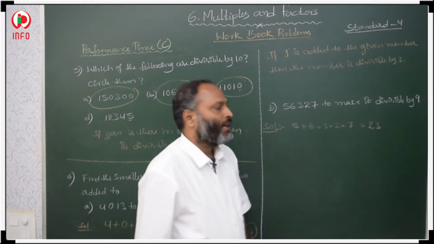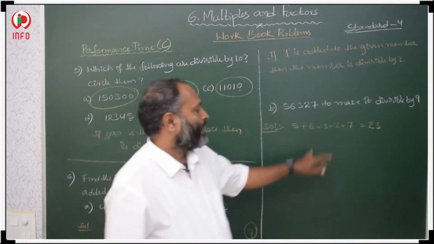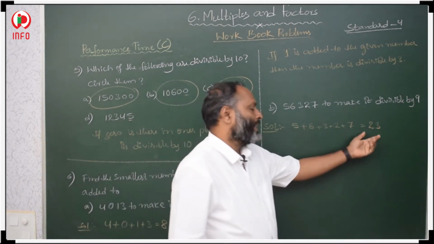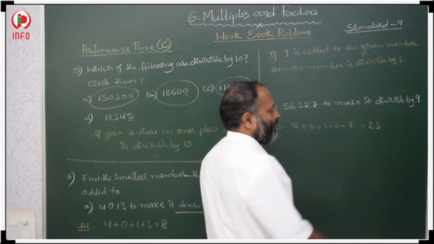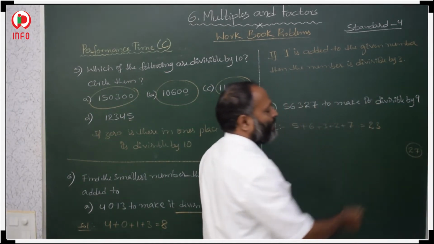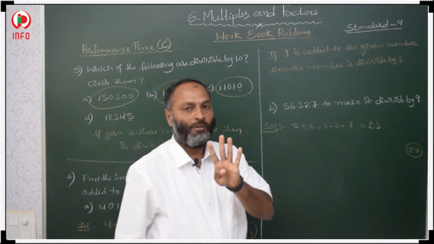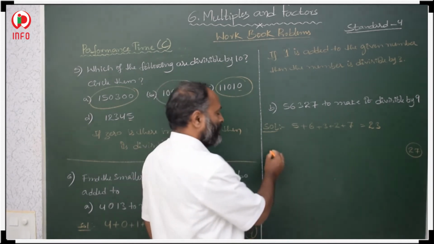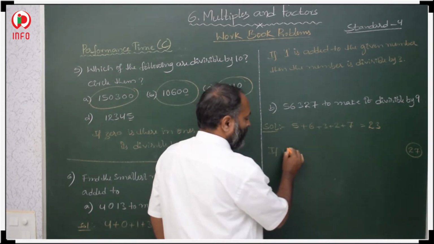The sum is 23. In the 9 table we won't get 23; 9 threes are 27. What is the difference between 23 and 27? 4 difference is there. It means if we add 4, that we have to write,